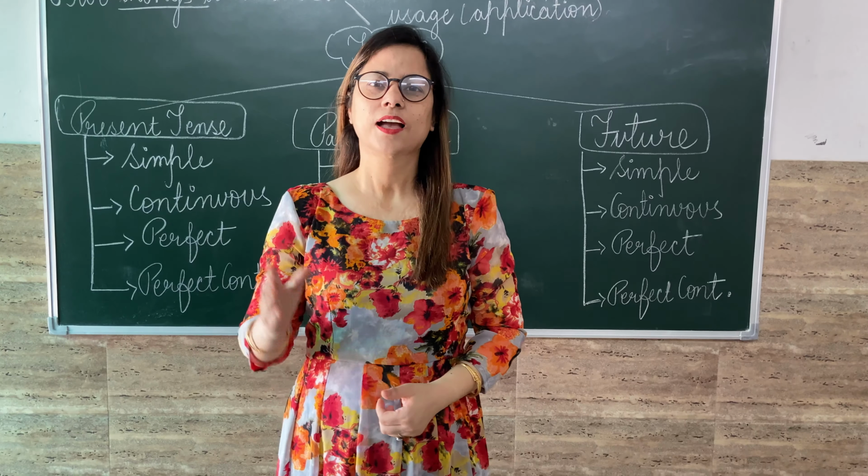Now let's see the third rule, that is about interrogative. Interrogative means question sentences. In that, again, we use the same helping verbs, do or does. If singular, does. If plural, do. So first of all, do or does, then subject, and then verb first form, and then object, and of course a question mark, because this is an interrogative kind of sentence.